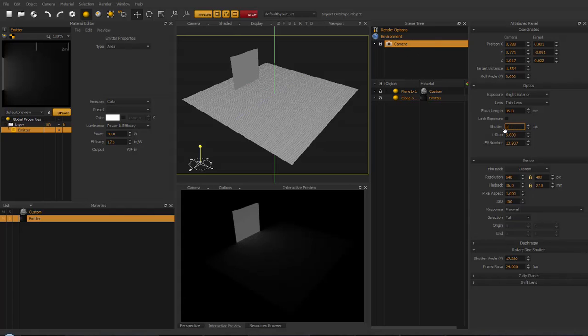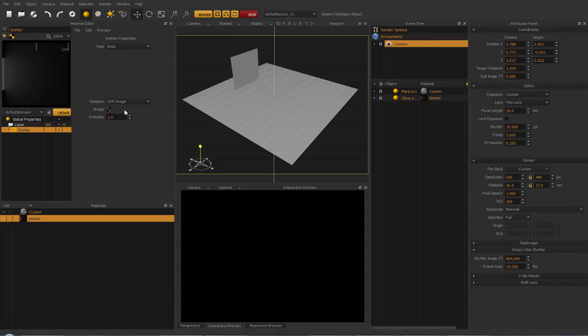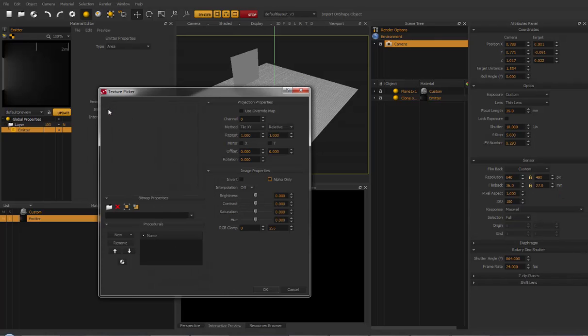and let me change the camera parameters so it's more visible. So you can see here in the emission, instead of color, I can choose an HDR image, so a high dynamic range image. And for this to work, you have to first transform the low dynamic range image, or convert it into a high dynamic range image, or at least a fake high dynamic range image, because it's not really going to be a true high dynamic range image. But if you try to load the JPEG or low dynamic range image directly here,